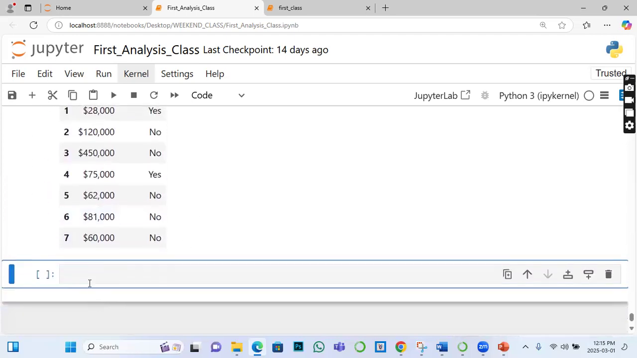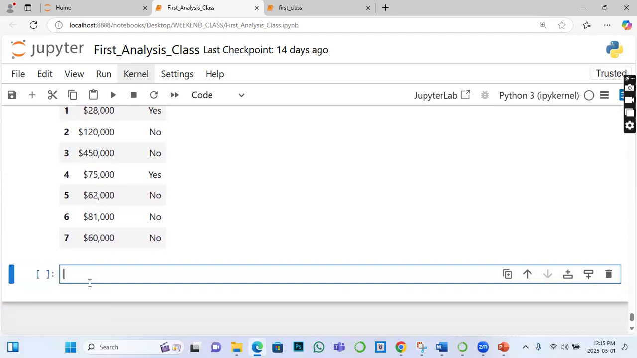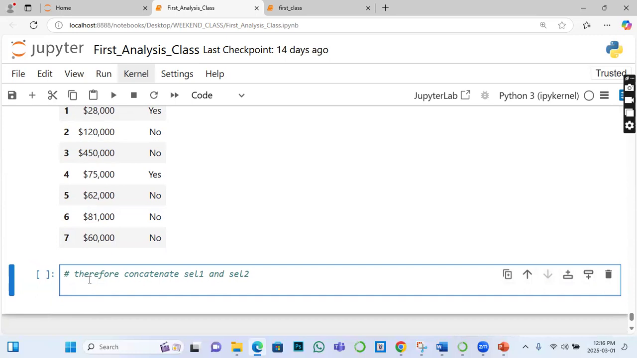Now let's go for concatenation. Therefore, we have to join these two selections as one data set, right? Good, that is the main target. Therefore, concatenate cell 1 and cell 2, right? So I will now say final underscore data. So this is the one you are going to analyze now, right? Equals to, remember the syntax, pd dot concat,